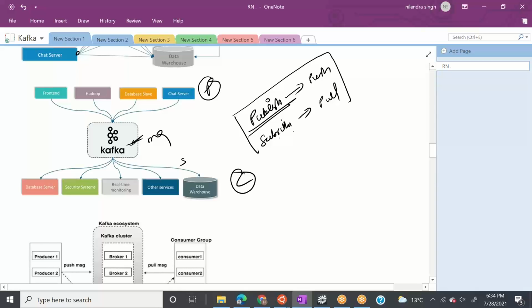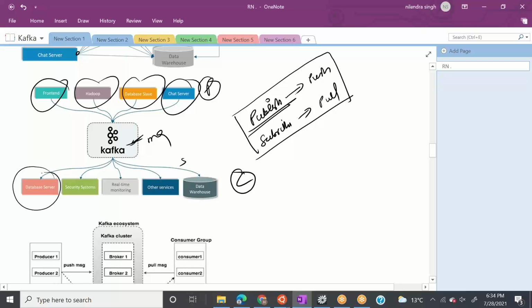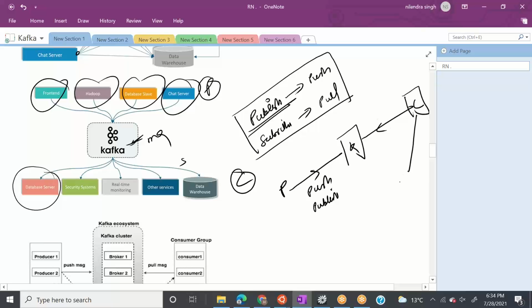So what Kafka says is that rather than I connect with all the source systems, let the source systems connect with me. Whenever they have messages, they can publish to me, and whenever a consumer wants to read messages, they can pull the messages. So the producer will push, this is called push or publish, the messages to Kafka, and the consumer will subscribe or pull the messages from Kafka.